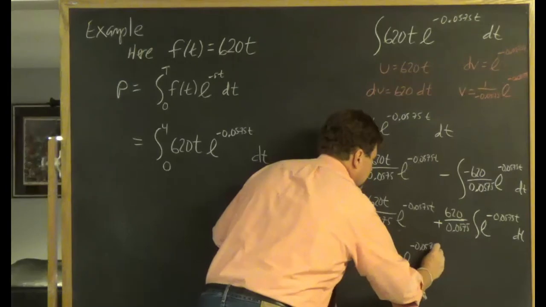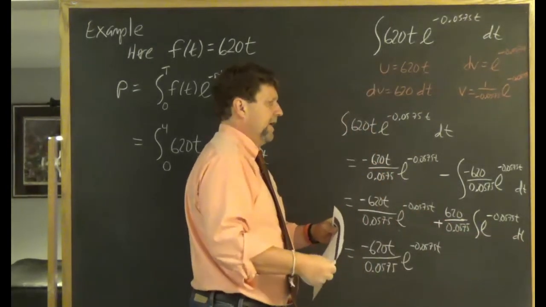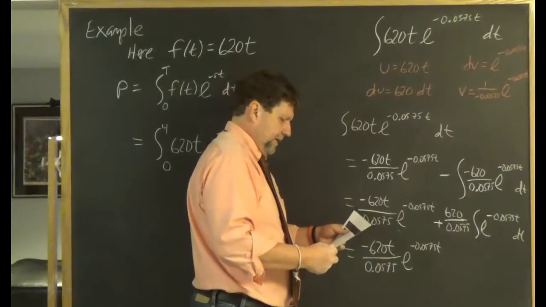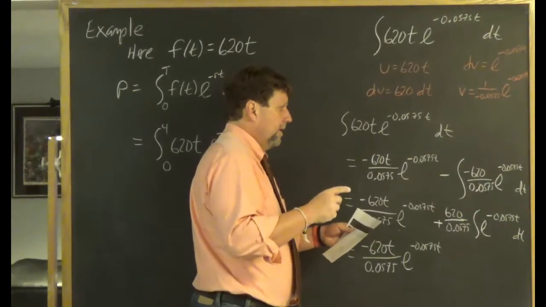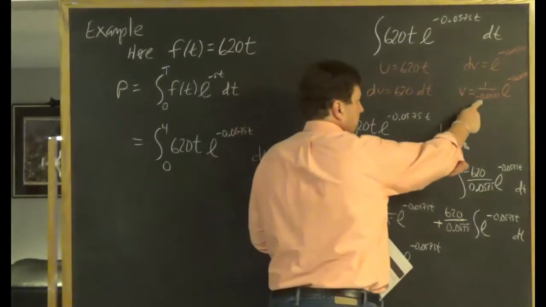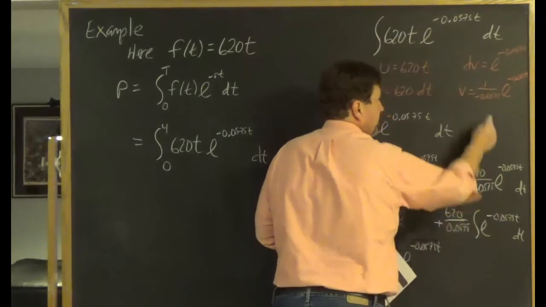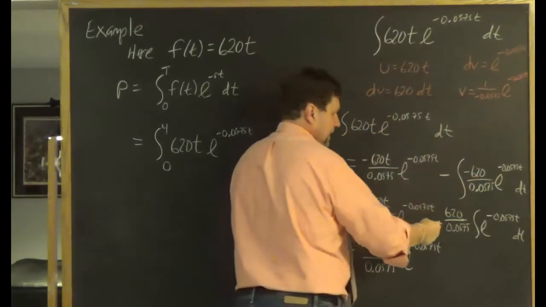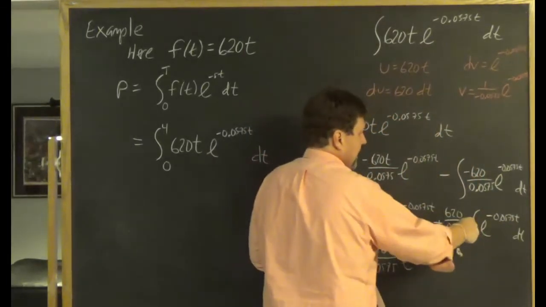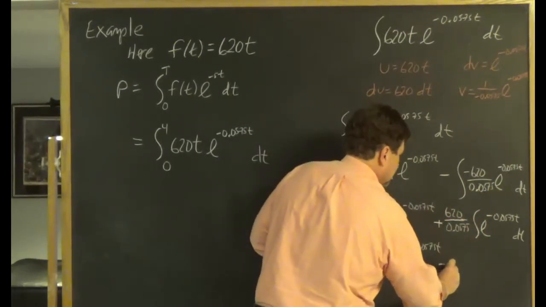We just need to do that integral. The integral of e to the negative 0.0575t, which we know, we have our little formula, is going to be this. So this is that antiderivative, but because it's a negative, there'd be a negative here. Positive times negative is negative. That's going to make this minus